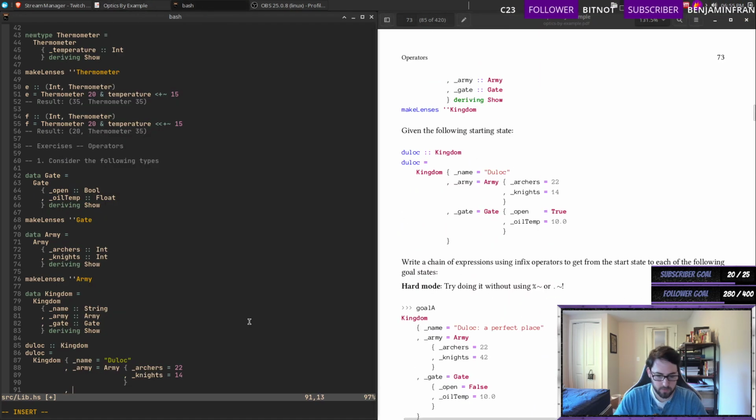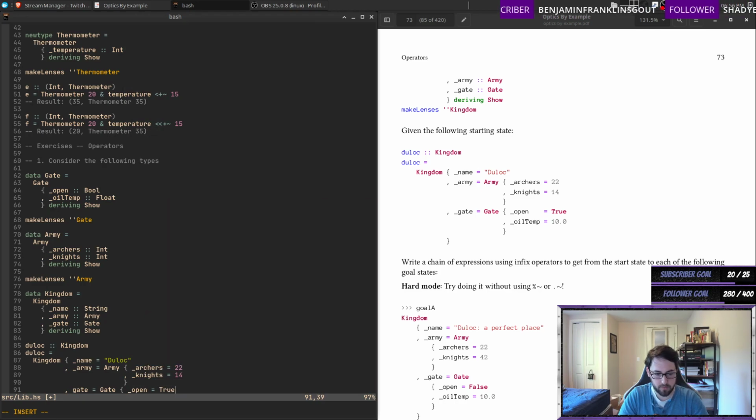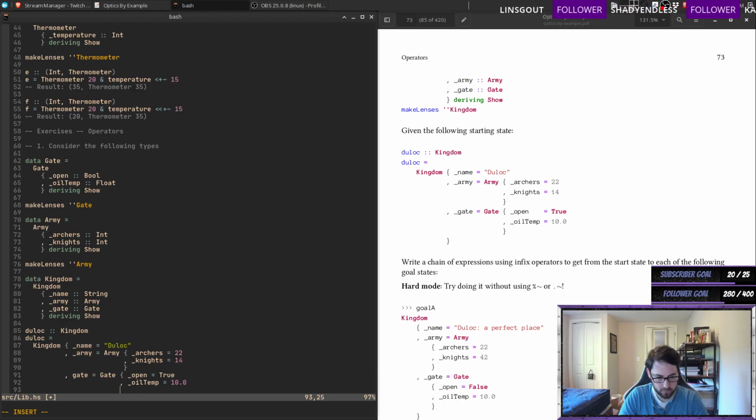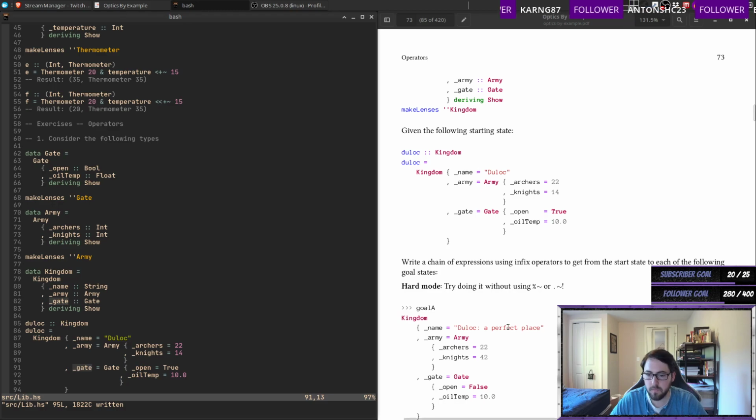Probably would have. Gate. They have their doors open. Well, temp is 10. Sure. Oh, and this needs to be underscore. Okay. So